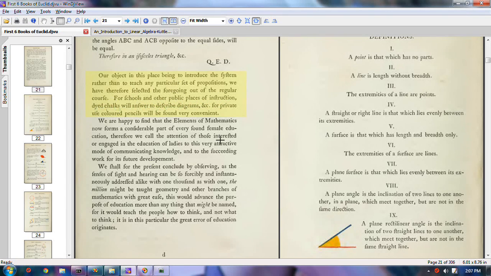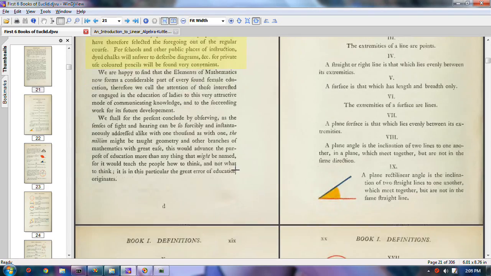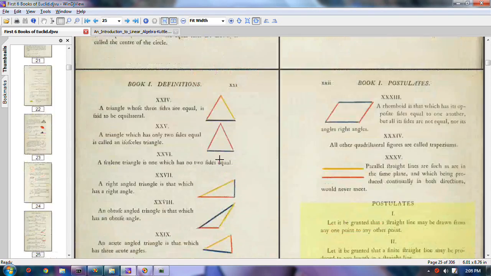So I'm not sure why that would be the case, but it seems as though there is a regular course and there's what is presented here, and the two are not the same. So that might explain why in the following,